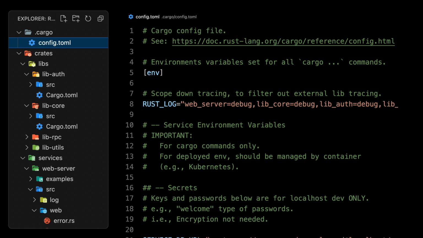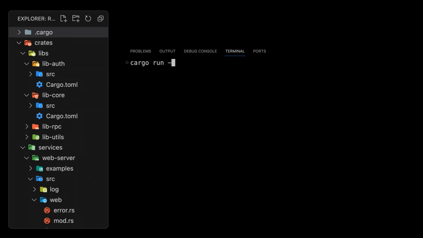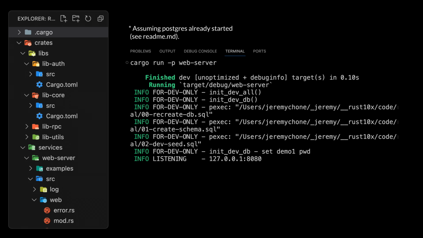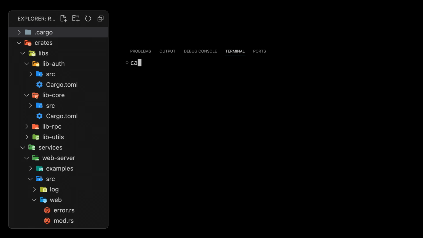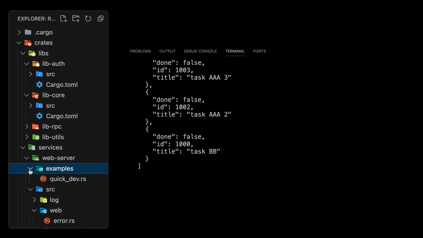The way that we're going to run that is, for example, with cargo run -p and then the crate name. So for example, we run gen key and that will run our gen key. And then we can do cargo run -p web server. And now we can run our quick dev in another terminal. We do cargo run -p web server, and our quick dev is an example of the web server crate over there. So we do --example quick_dev, and that will run our quick dev,